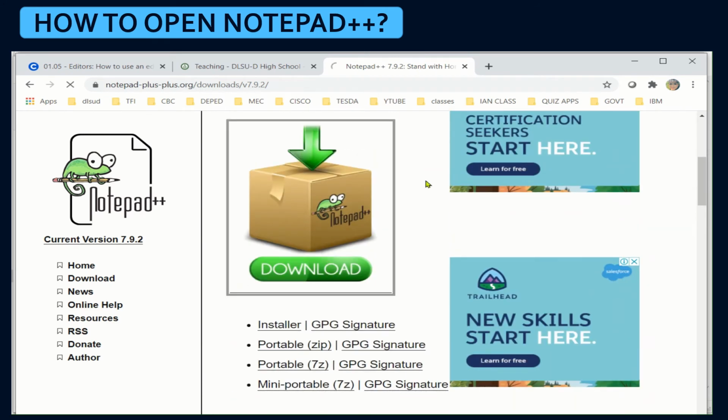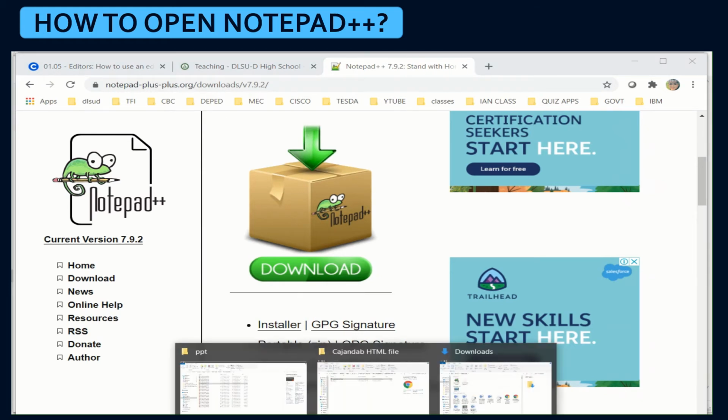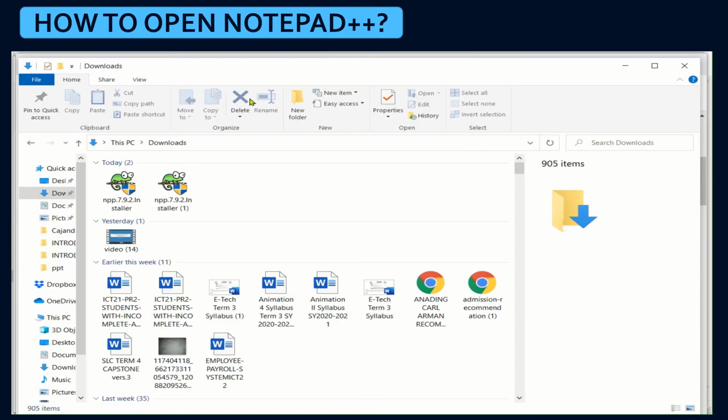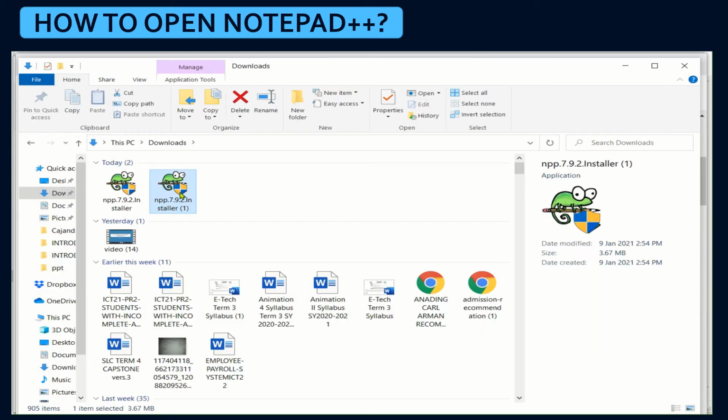Then click on the download after checking the specifications and there's no compatibility issues. Simply click on the download and then wait for the downloaded files to be completed. And then you go to your download folders. Since I've downloaded it already,